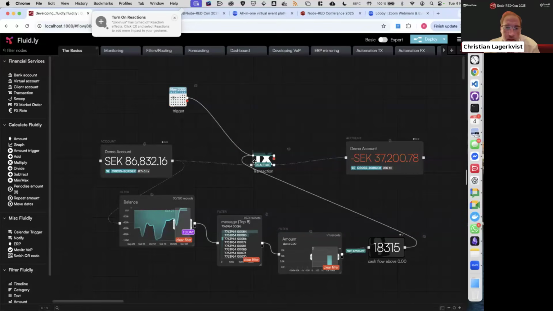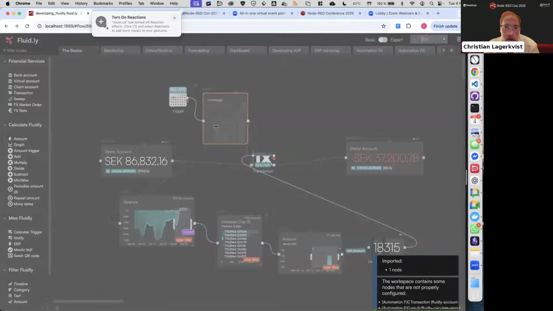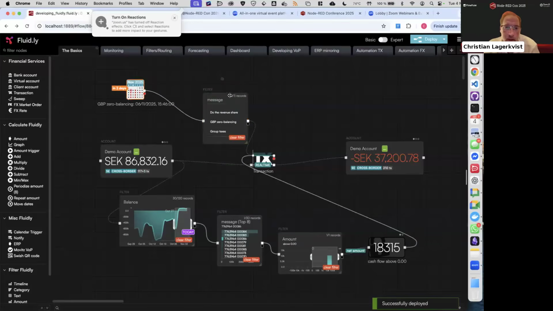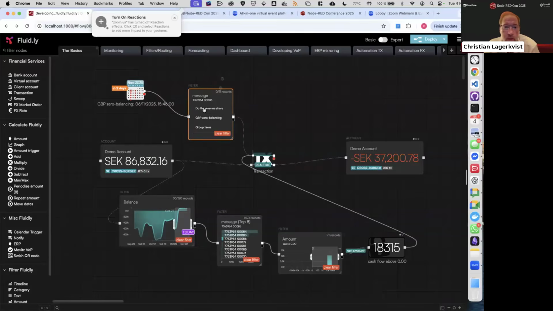We could even take a category filter and put it in between our calendar and say that we will only let traffic through if traffic belongs to the group revenue share, like that.